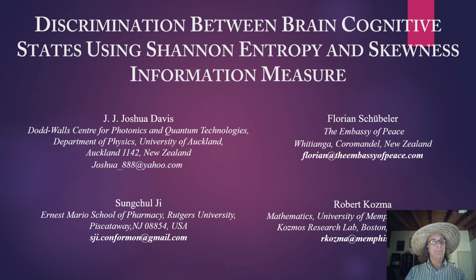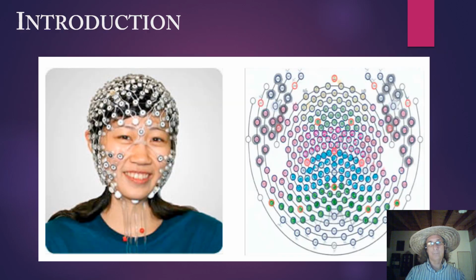Today we're going to present a paper called Discrimination Between Brain Cognitive States Using Shannon Entropy and Skewness Information Measures. This paper was co-authored by Davis, Schubler, G, and Cosma. In an initial study conducted in 2015, EGI provided an equipment of 256 electrodes for us to measure brain dynamics